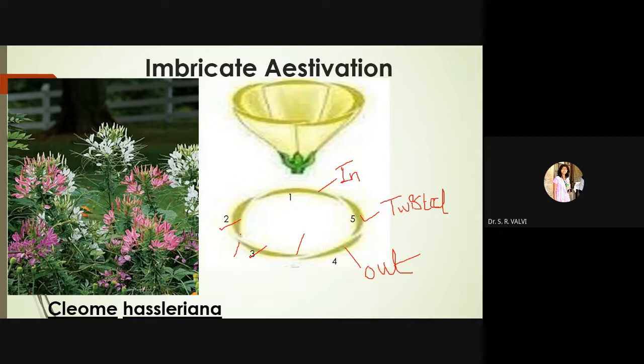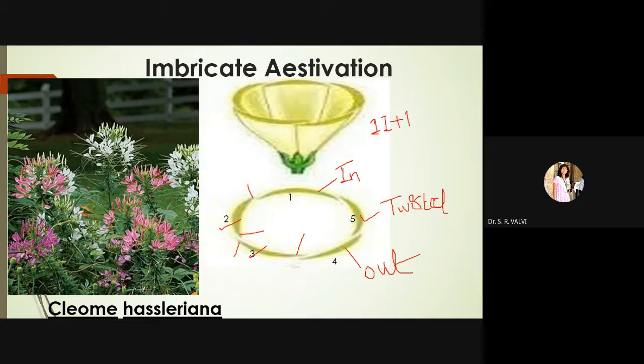Again, in case of the second sepal, this end is in and another end is out, right? Likewise, this in and out condition is present in case of sepal number 2, 3 and 5. In case of sepal number 1, both the ends are in, and sepal number 4, both the ends are out. So in case of imbricate, what you have to remember is the formula 1